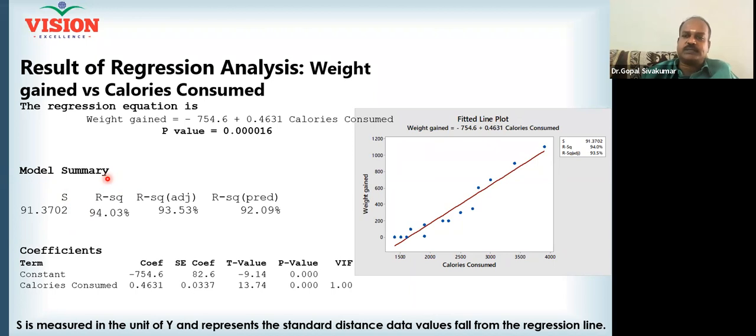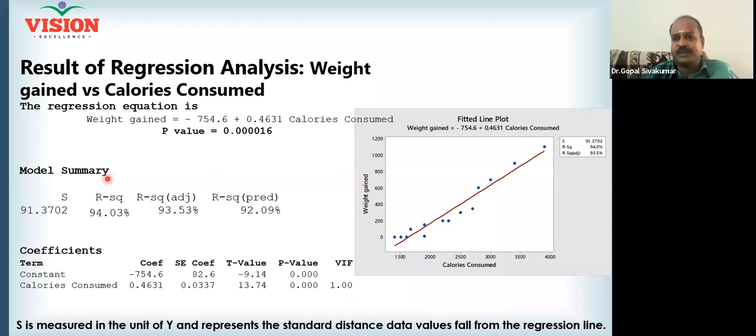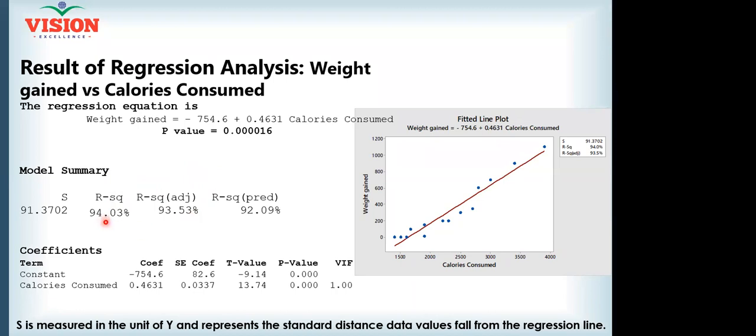Do you all understand the meaning of R square? The number of factors included in your regression model is sufficient. You don't have to worry about other factors because your R square is already 94%. This conclusion is confirmed by adjusted R square, because R square is a formula designed in such